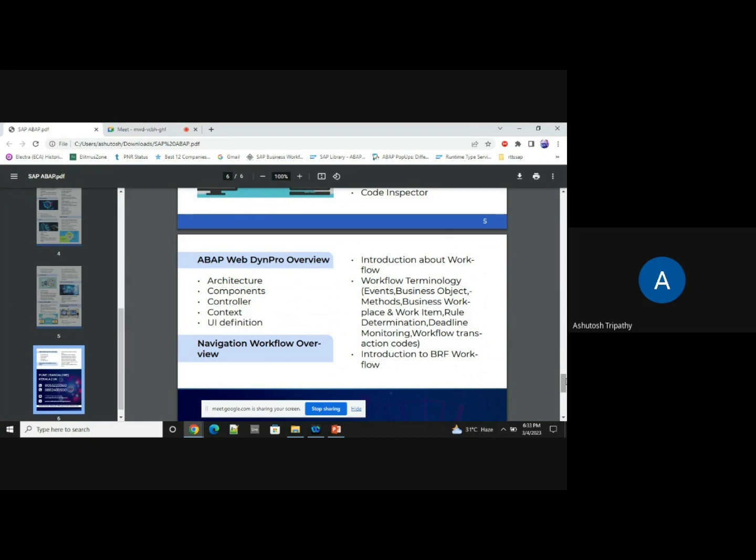And also I'll give you an overview of the workflow concept, how different workflow terminologies work, and how we can relate SAP ABAP workflow as an ABAP consultant. But workflow and WebDynpro are different syllabuses altogether, different learnings altogether. So if you start your ABAP career, there are many more technologies and additive related platforms that you can learn. For that purpose, we'll be learning here an overview of WebDynpro and the workflow concepts.